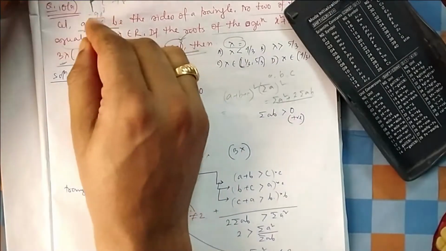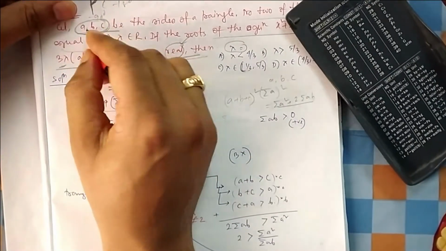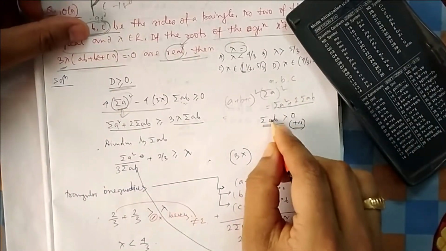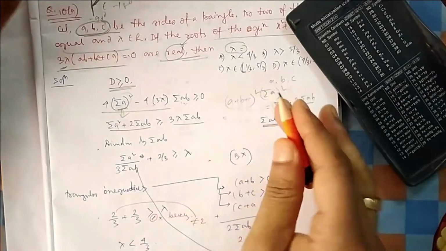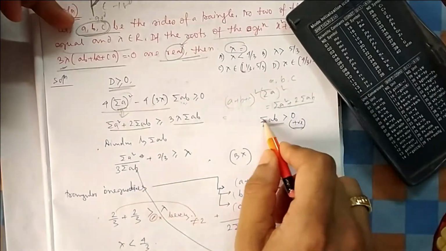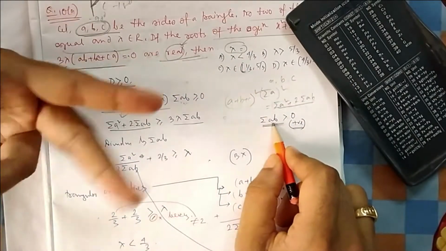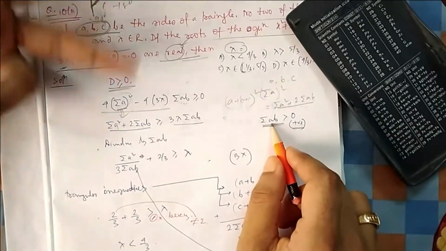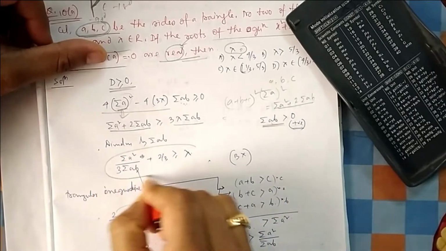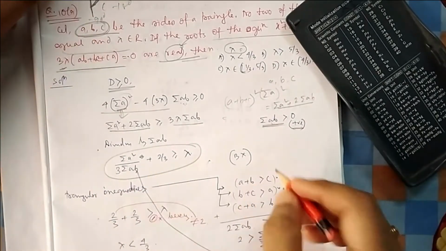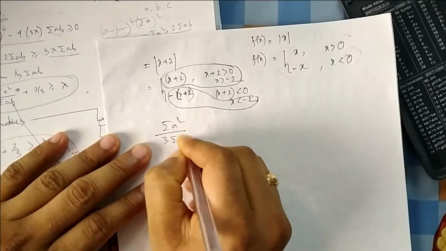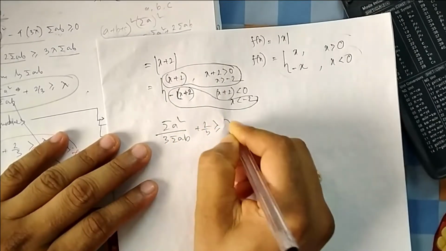Now you think, because a, b, c are the sides of the triangle, that means a, b, c cannot be negative, all are positive. So the summation of these should always be positive. Whatever you do with ab, it will be positive. If you are adding, obviously, not subtracting, I am taking products of positive numbers and then adding them. So that summation will always be positive. So if you have a positive quantity, then you can divide. So I have divided by summation abc. So I have something on lambda now. Now let me do it separately here so that you can understand. Summation ab plus 2 by 3 should be greater than lambda.